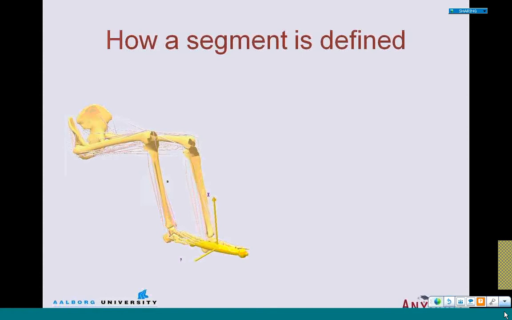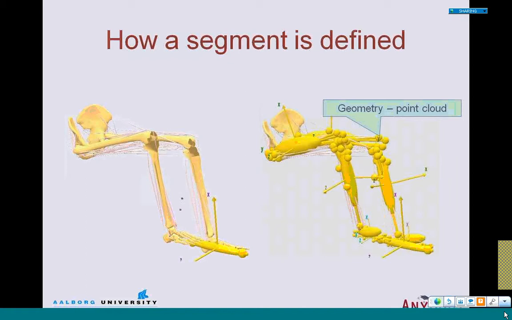They are not actually a representative for the mechanics that goes on inside the body. If we want to represent the mechanics in a more visual way, we could use a different way of displaying the model, like the one that you see on the right-hand side. Here you can see the same segments or bones represented as what they really are in the system, namely a set of